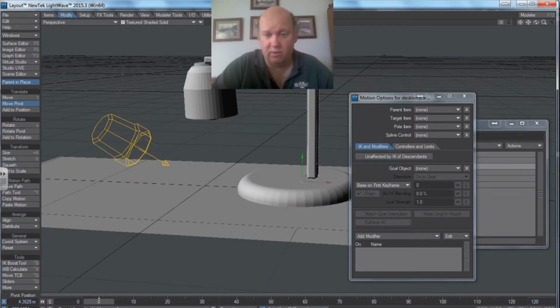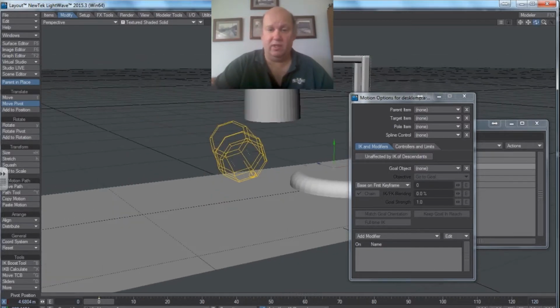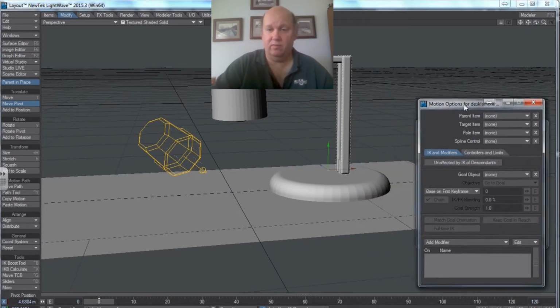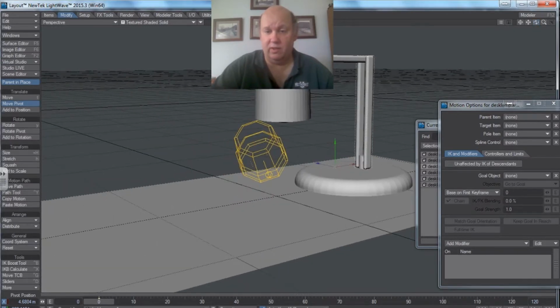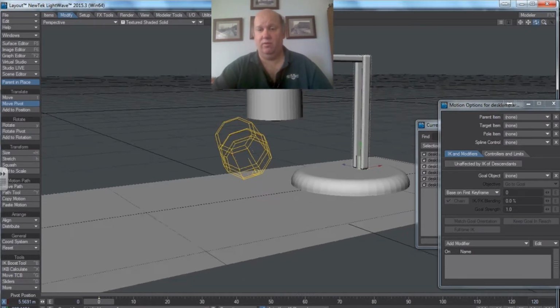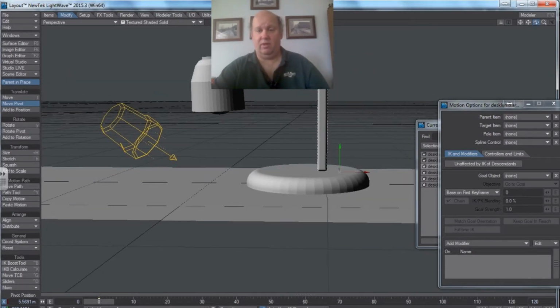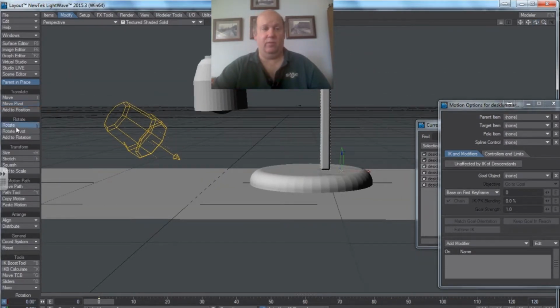Bring that in right along that line there and scoot it in right in between those two. So if we look at that, oh, went too far. If we look at that, grab the blue line, bring it back some, grab the red line, bring it in, and we want that right along where that joint would be. Okay, so therefore, if we rotate this,